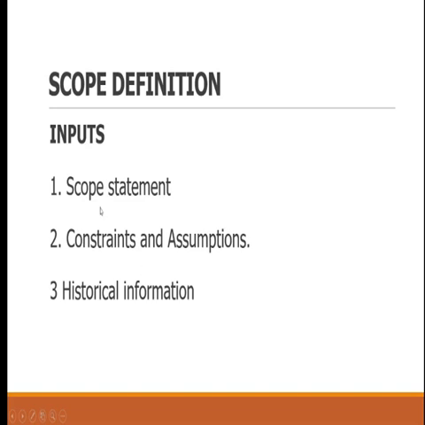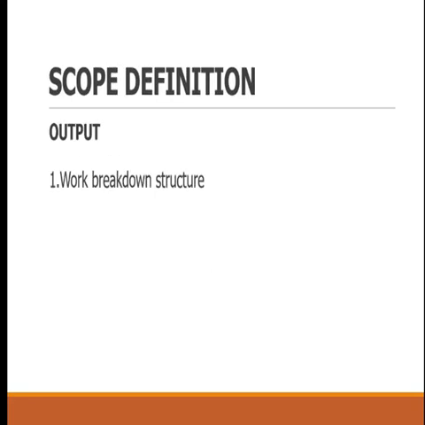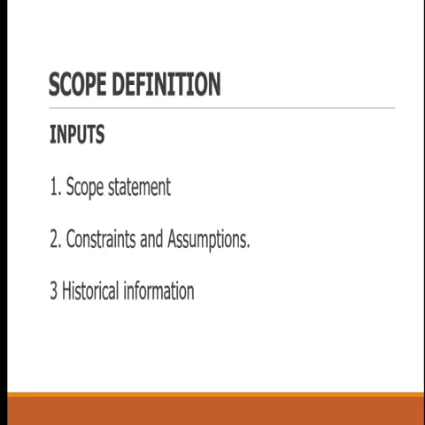How do you break it down? Let's go to the input. Now, hold your scope statement. Statement of work to be done. The only work to be done. Please know it. These things are not difficult at all. Just put them at the back of your mind, because any one you miss, the project can fail. You're working with a client, and the client says, please give me a breakdown of my job. Let me know what I'm supposed to do to accomplish my project goal. And suddenly you start using your brain. You forgot the scope statement. You forgot the agreement. You forgot the document that was signed, the contract.